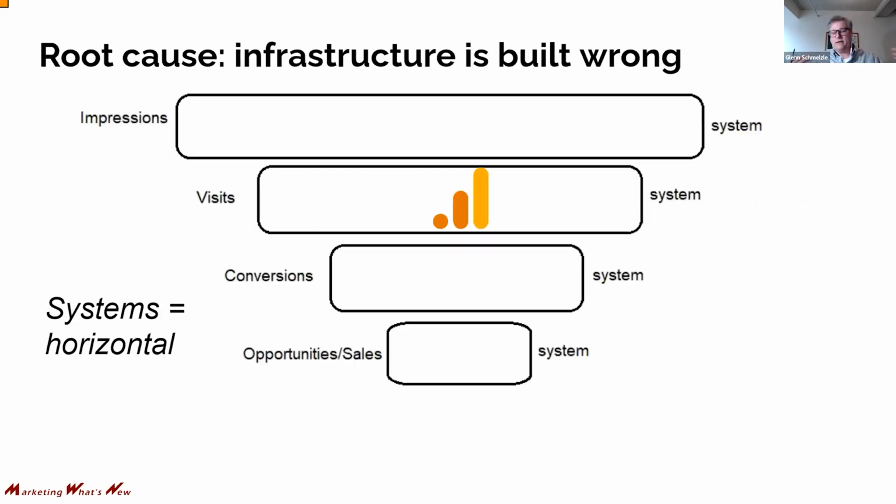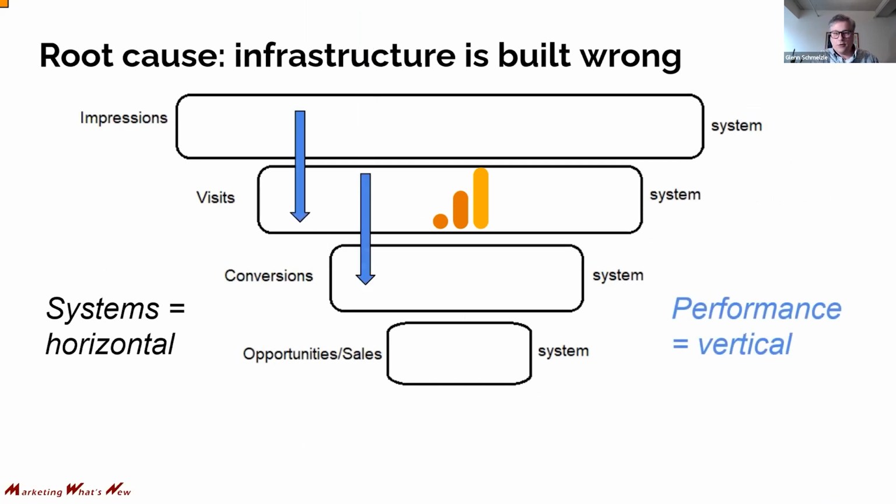Why not? Well, I would say it's because our systems are not built that way. We have systems that go horizontally, but the performance that we need to look at when we're trying to construct that picture of what getting a new piece of revenue entails goes vertically. Now, there's one helpful piece in here though, and GA4, which is right there on the visitors band, is going to be a key, I contend, for how we fix this.